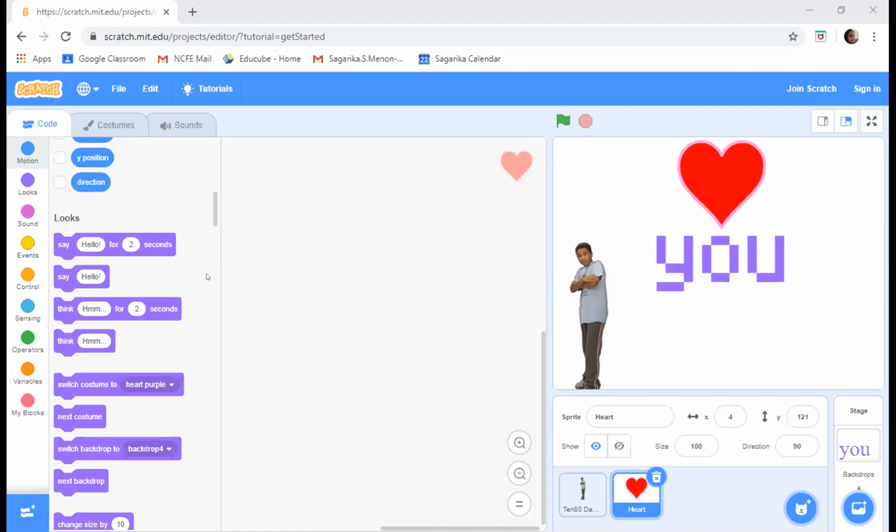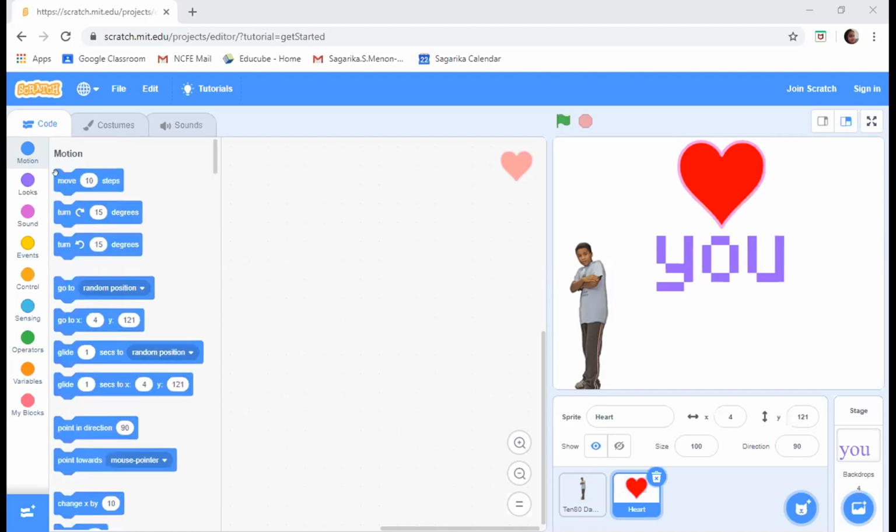Okay, so now let's go to motion. Go to the motion block, Vihan. There would be a block which says glide 1 second, X and Y, right? Just drag and drop that one. Put X as 42, Y as 33.